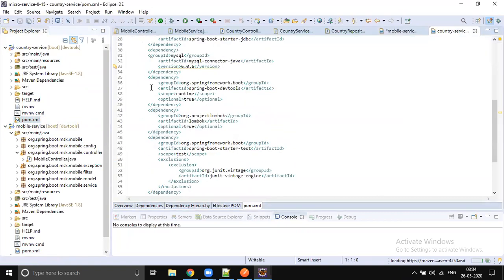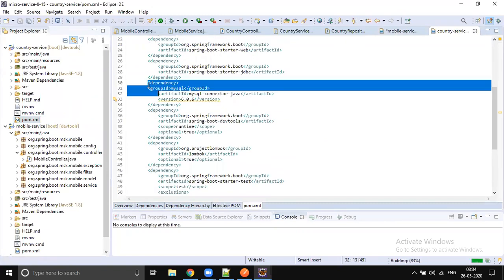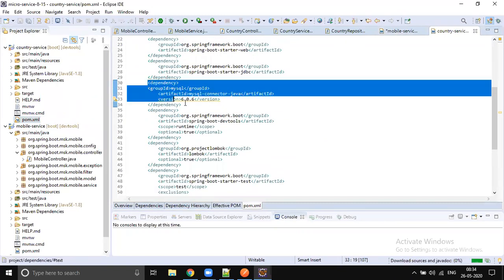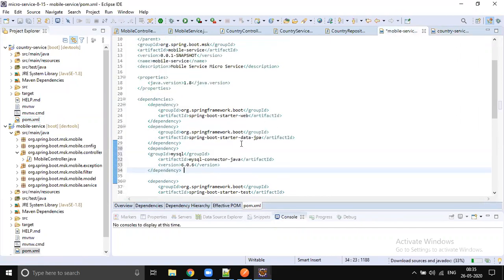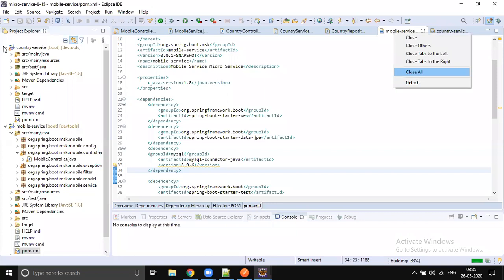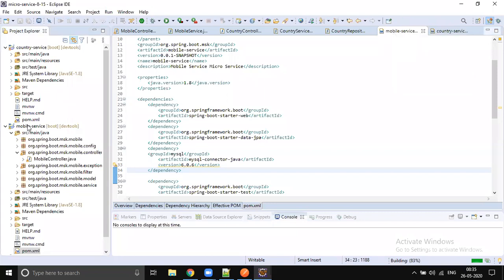So be very careful while adding this dependency. You should give a proper version. Okay, so the POM dependencies are added in the pom.xml file. Next, we need to give database details, right?